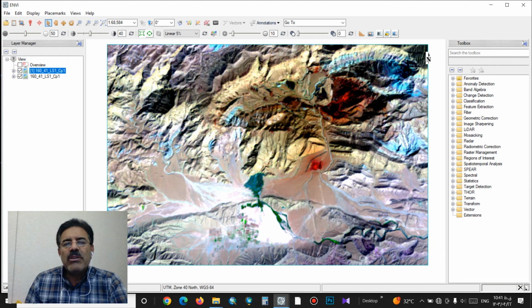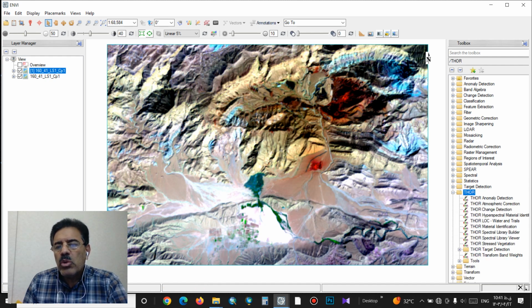In some methods, we use a spectral library or spectral reflectance curve. We can see and create a spectral reflectance curve in Tools and